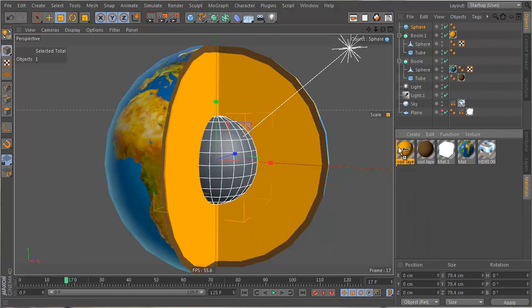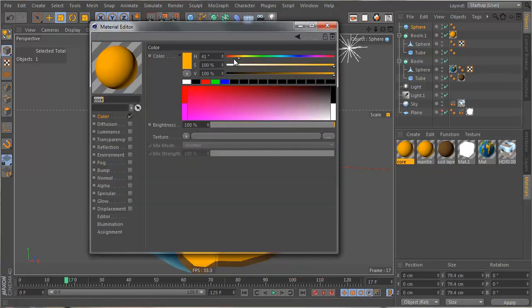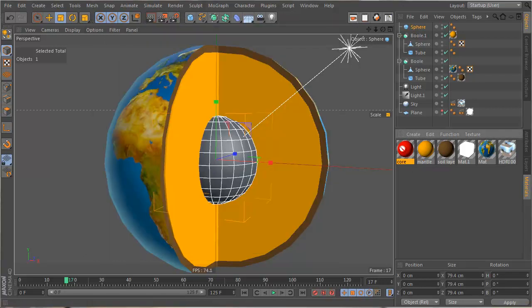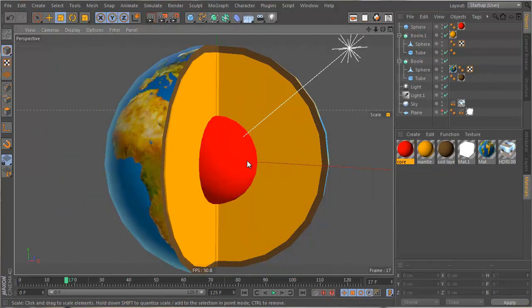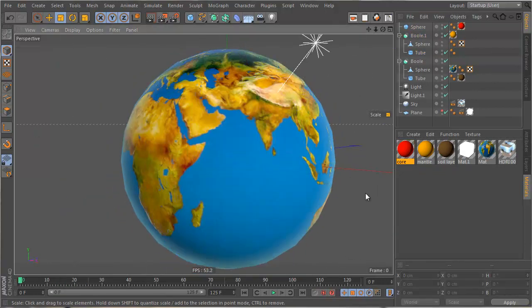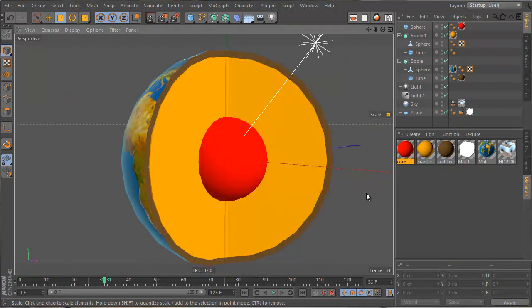And the material, call this mantle, and this is going to be core. And let's change the color to red. Whoops. Nope, let's drag it onto the sphere. And there we have it. Now, if we press J and we scroll it, you can see they open at the same time, which isn't